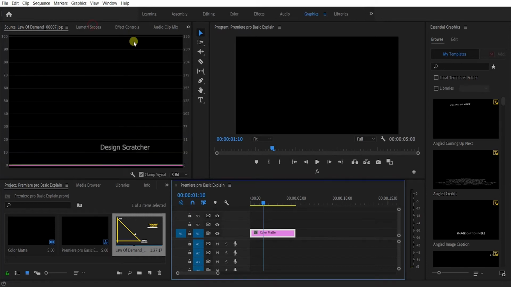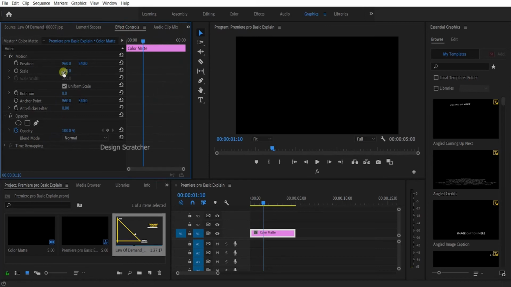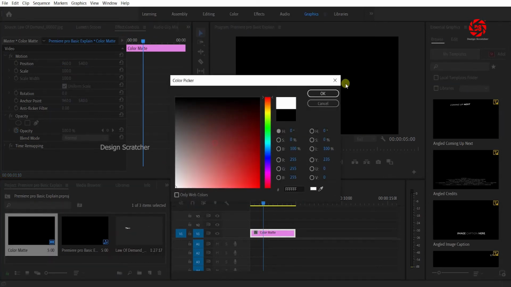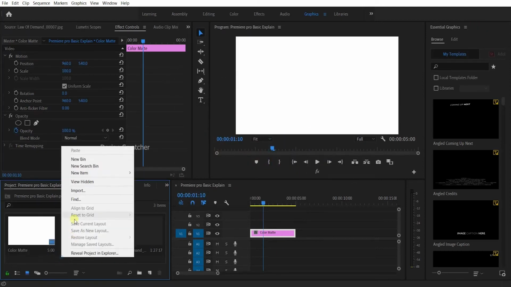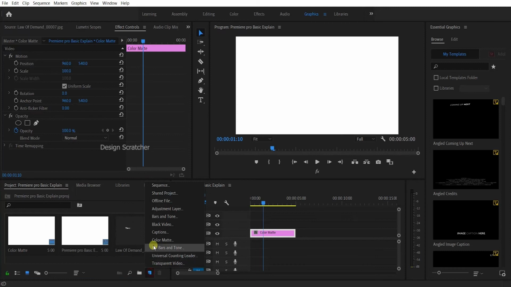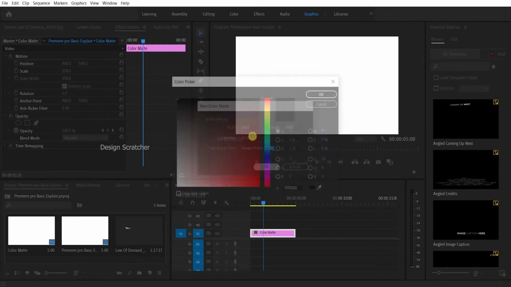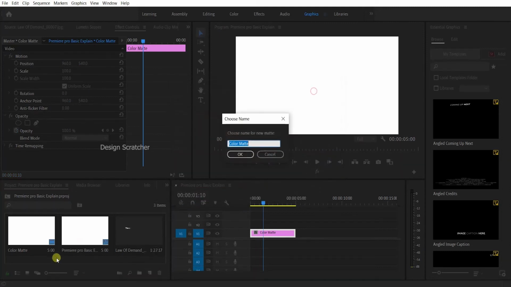Lumetri Color will be added, and here you can change the color. And another color also you can change here: color match, go for red and click OK.